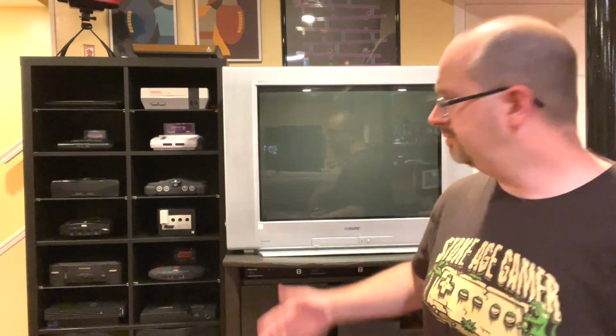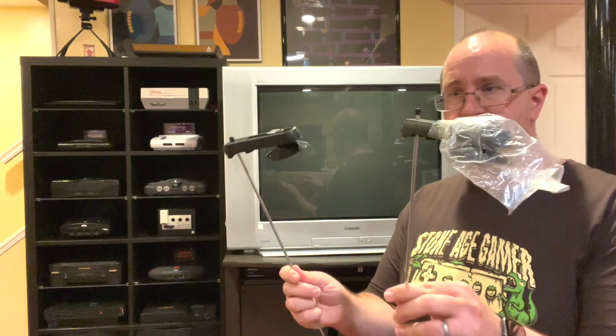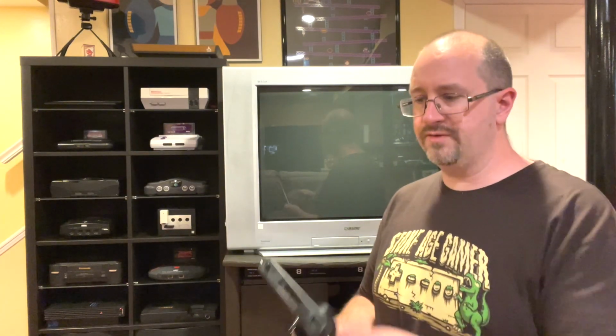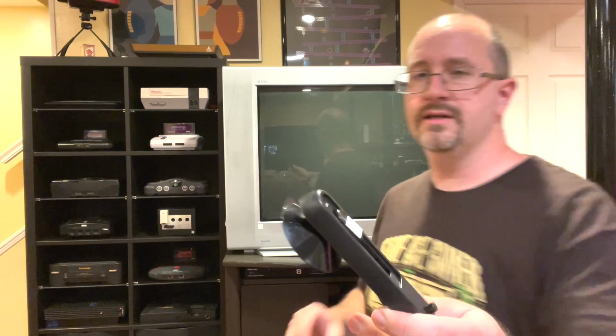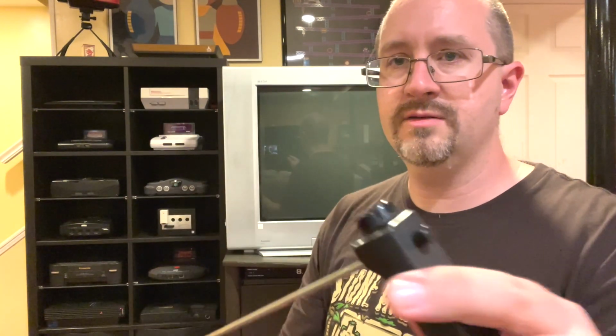Alright, so here I am on my floor, and here's my TV, my CRT. And it's time for us to deal with these doodads. From what I've gleaned from the instructions, these suction cup onto the top of the TV. Get a little closer here. And you can adjust the distance. You want it to be close to the television, and then you can loosen this guy here to make it